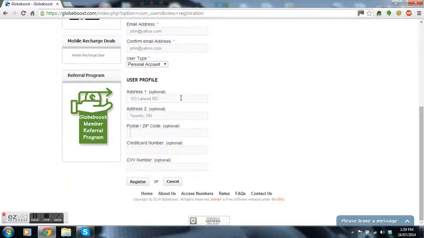make sure your postal code is also accurate, and then obviously your credit card number and the CVV code, which is the 3-digit or 4-digit number on the back of your card, either as a Visa or MasterCard. Once you click submit,